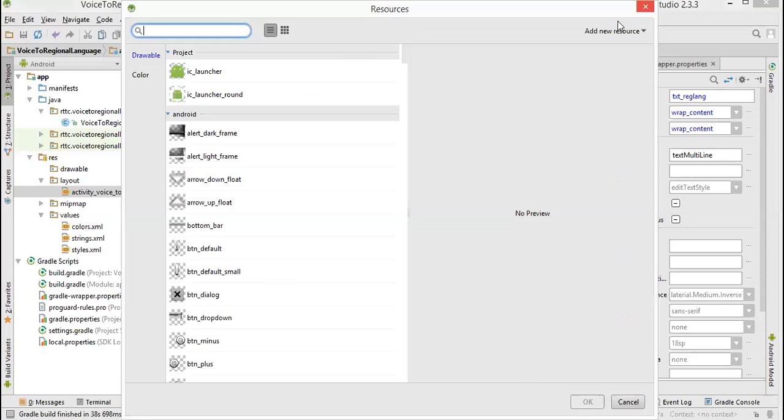Yeah. So I want to choose some image for this. What is that image? I will copy one image called mic, which is there in my folder. Okay. So what I'll do is, I'll go to drawable. I've already downloaded that mic image, the resources. So this one. This I'll copy and put it into your drawable folder. Drawable folder means actually I have to go back here, I have to close it.